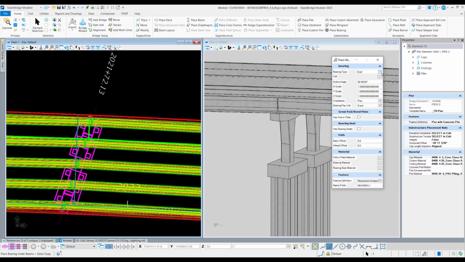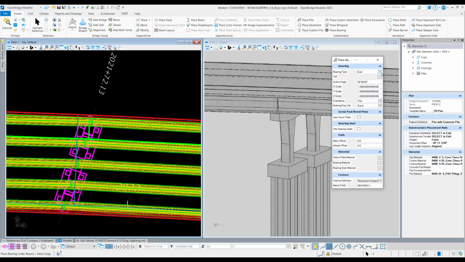So within the FDOT Connect workspace, we have built in FDOT standard neoprene bearing pads. An advantage to using the cells is that it's easy. You don't have to think about what the dimensions are in terms of the dimension conventions. However, it is not currently compatible with the FDOT Automated Bridge Quantity workflow in FDOT Connect 2023. FDOT is coordinating with Bentley to accommodate this in future releases, but just keep that in mind if you choose